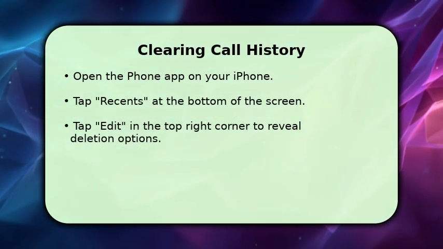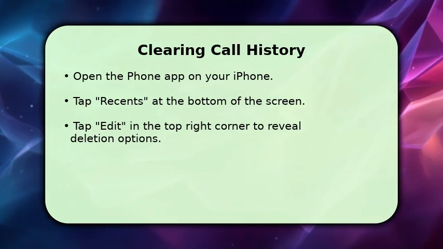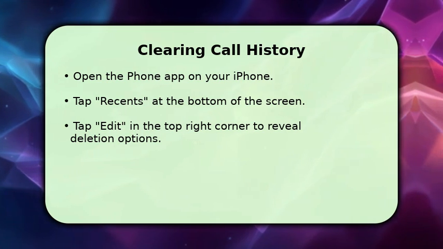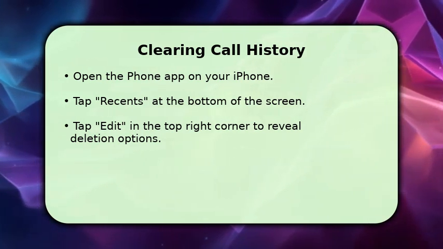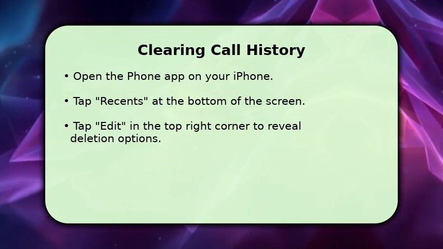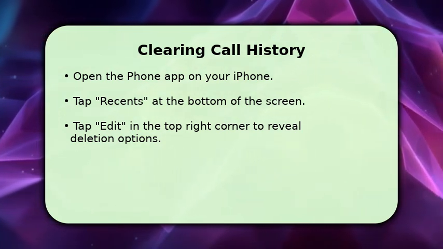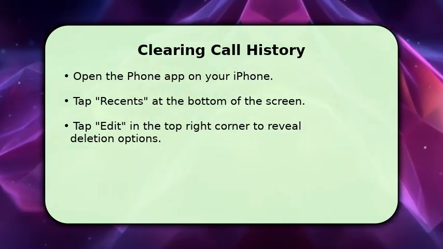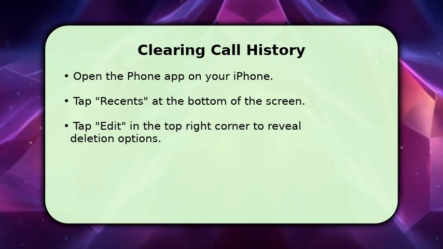To remove a number from your call history, open the phone app and tap Recents at the bottom. Tap Edit in the top right corner. A red minus icon will appear next to each entry. Tap the minus icon next to the number you wish to delete, then tap Delete. If you want to clear your entire call history, tap Clear in the top left, then clear all recents to